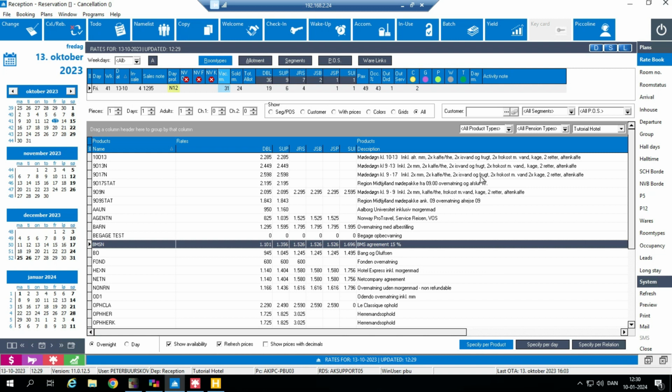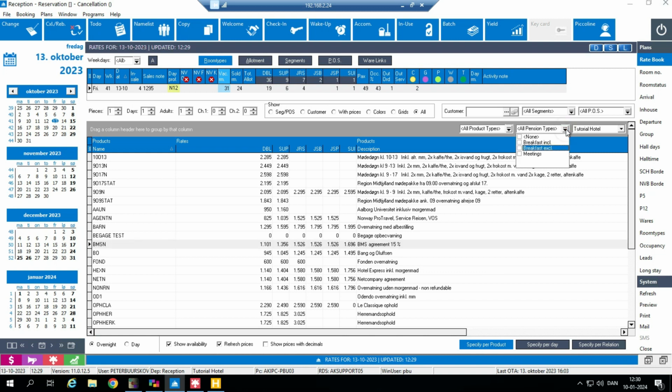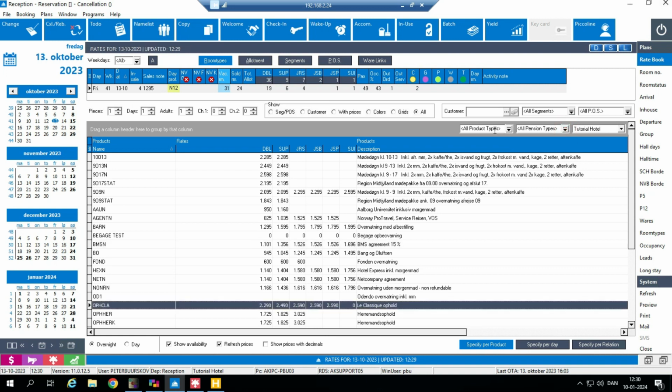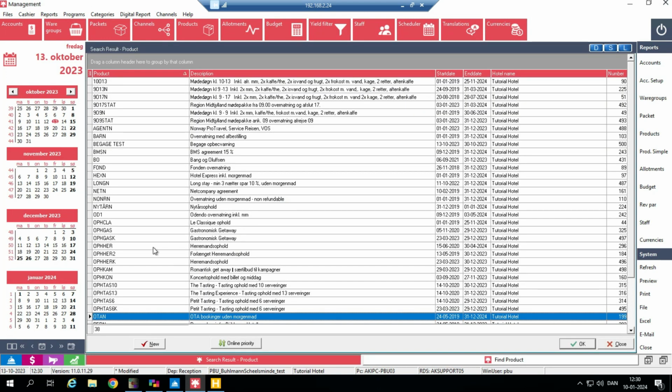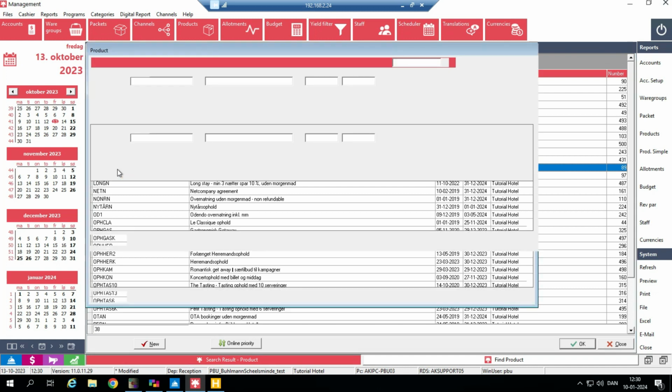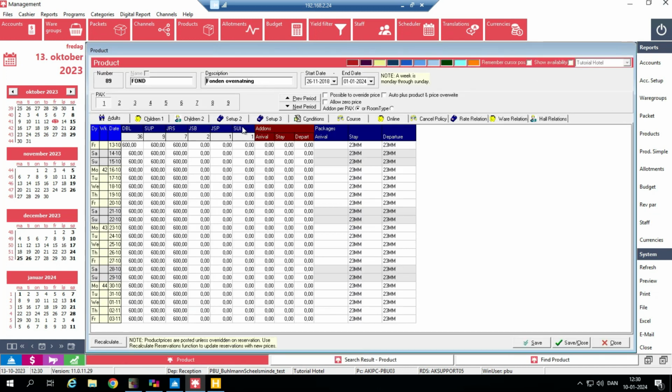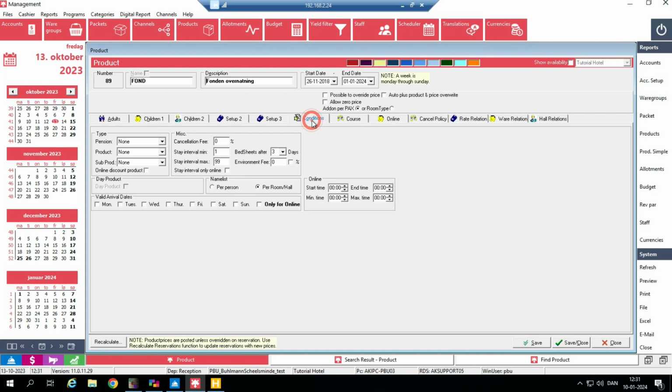Earlier on, I was talking about how you could use some different criteria to seek your products. You can go in your meal plan, or you can go in your product type. I will now show you how to set that up in the different products. You go to management, set a star, and ask for a full list of products. Here you have the full list, and you can go in and choose those products that you want to work with. And the first one I would work with, I would say that should have some condition saying always including